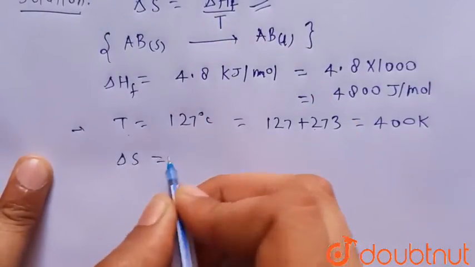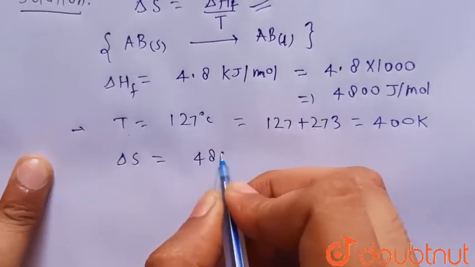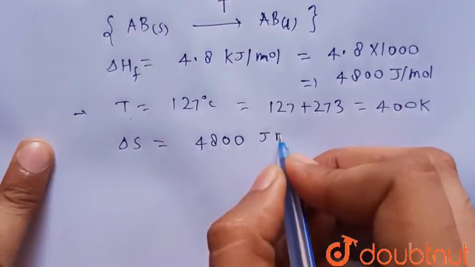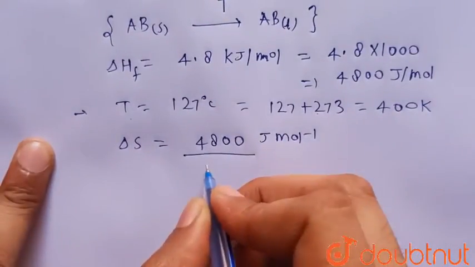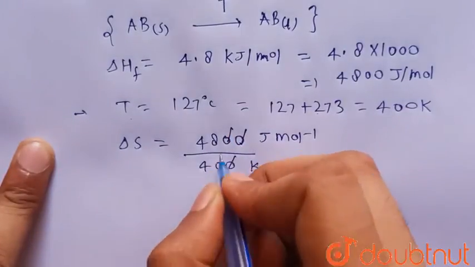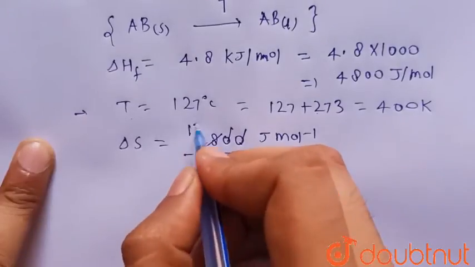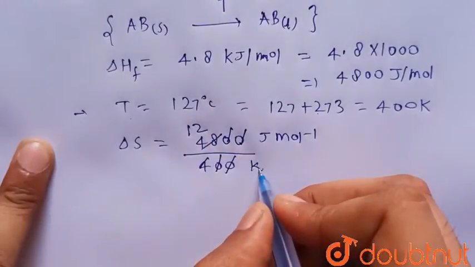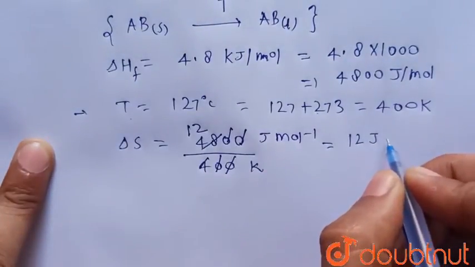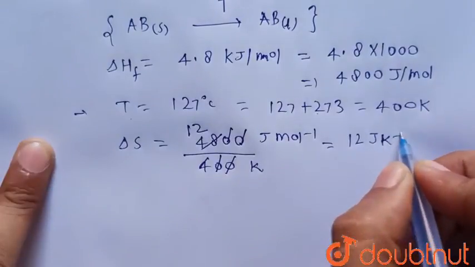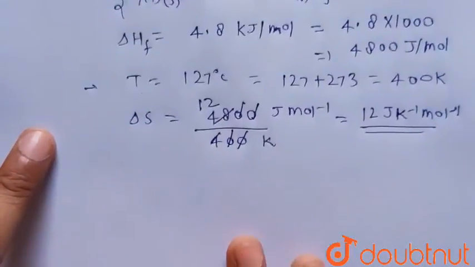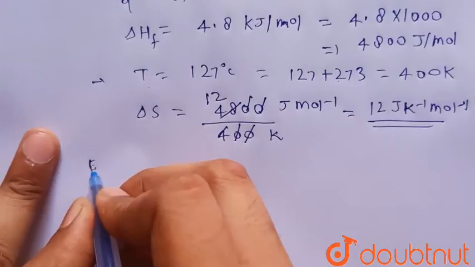So the delta S, or the entropy change, will be equal to 4800 joule per mole upon 400 Kelvin. 0 cancel, 0 cancel, here 12, and when this Kelvin goes to the numerator, so it will be the per Kelvin. So delta S is the 12 joule per Kelvin per mole, and this is our required answer, that is entropy change, or delta S,